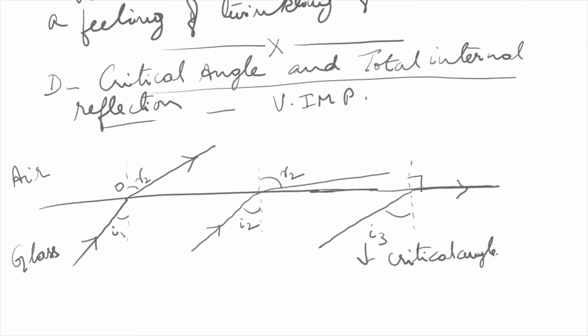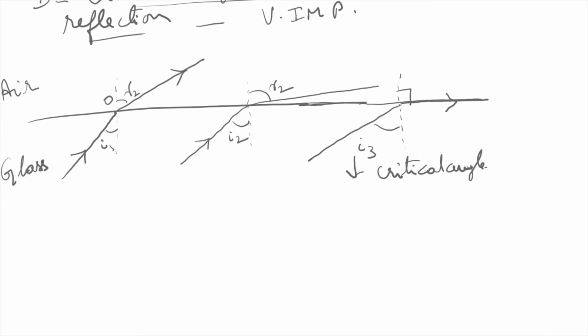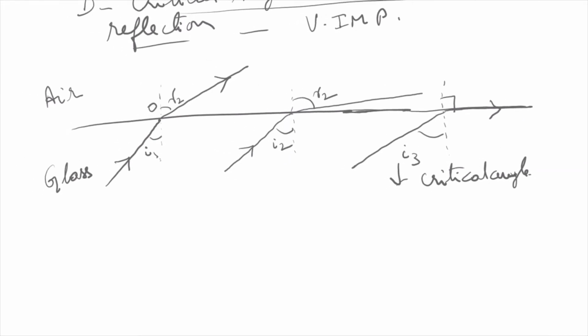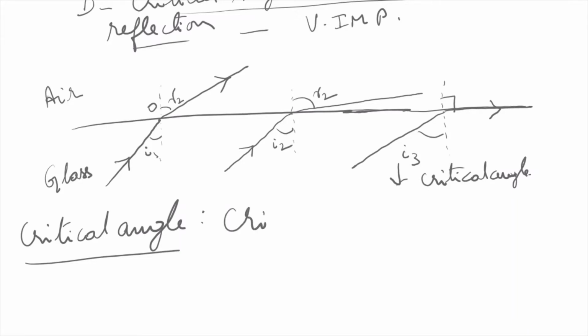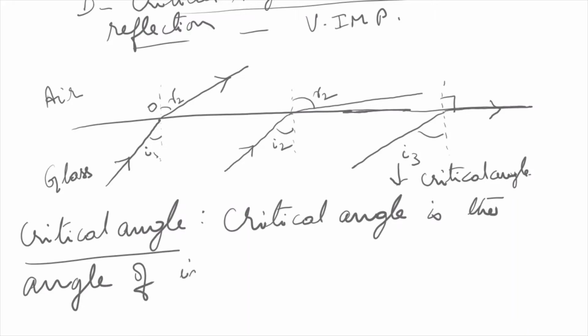Okay. Now this diagram you will not be asked. You will be asked to define critical angle, which is a very important definition. So did you understand the meaning? Now I will write the definition of critical angle. Critical angle is the angle of incidence in the denser medium